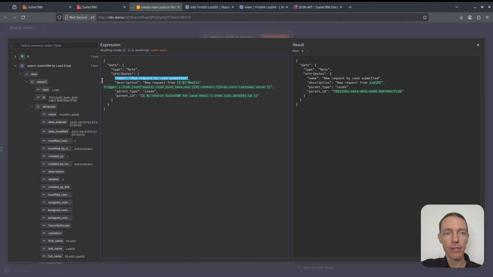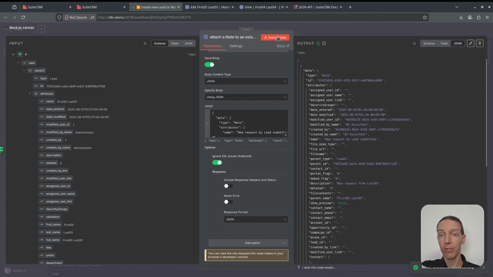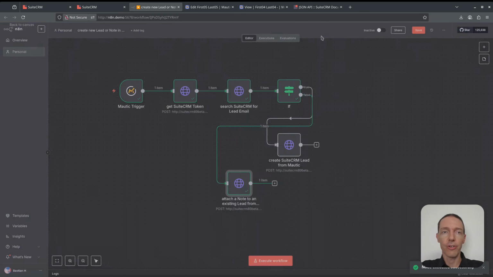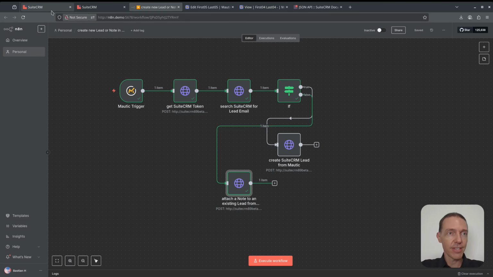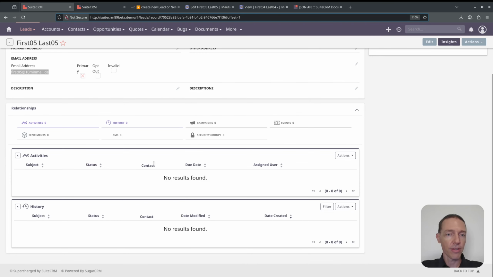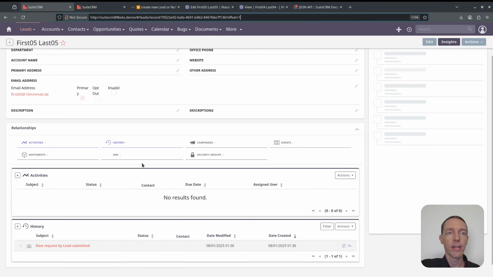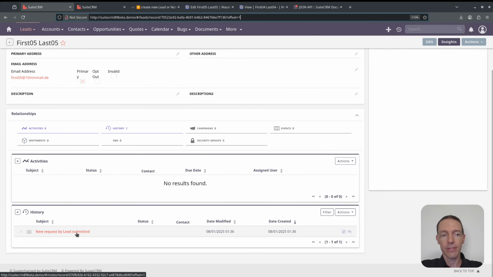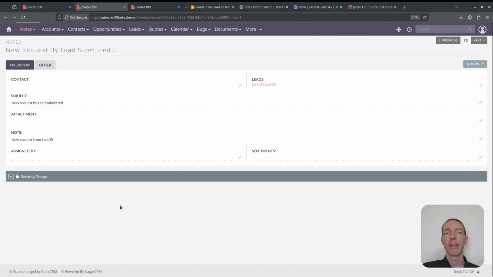So we've got the name of the node, we've got the description with a variable inside from Mautic, and then we've got the lead ID that we found executed. That seems to be fine already, but I believe it after I've seen it in the CRM system. So here on the lead 5, there is currently no node. I refresh this, new request by lead submitted. So awesome. That means even though we did not create a duplicate request, we still are aware that something happens, that something came in from this lead